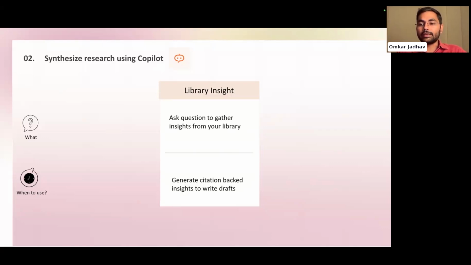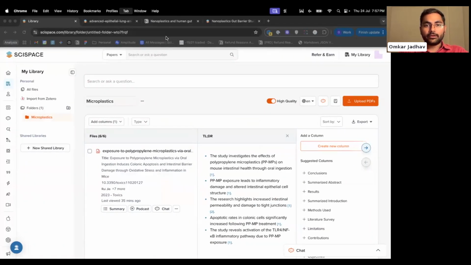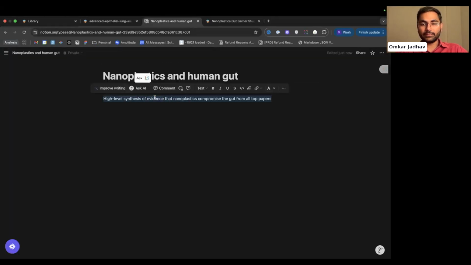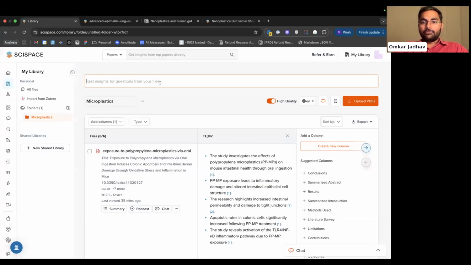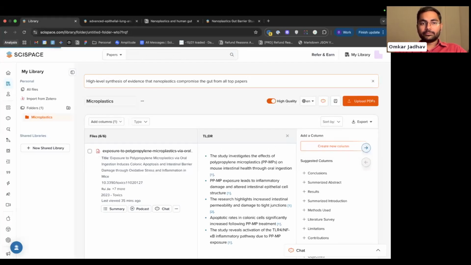And you want to get an answer to a particular question. But you know that these papers which you have imported to your library contain the answer. Now using these PDFs only and only, I want the AI to generate an answer. That is where library insight comes into the picture. So, since we are on the topic of nanoplastics, here is a question for which I want an insight. Click on it,